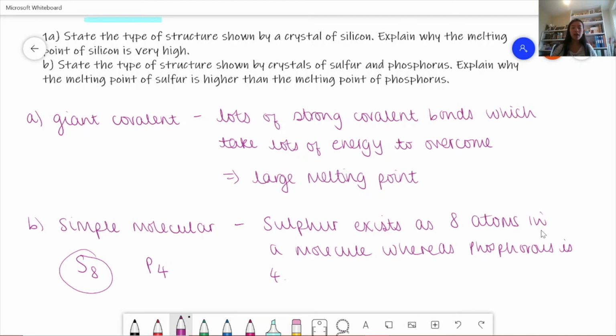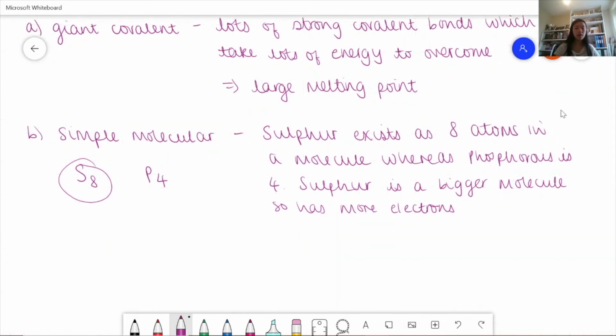And so that means that sulfur is a bigger molecule, and so has more electrons, and therefore stronger van der Waals forces,